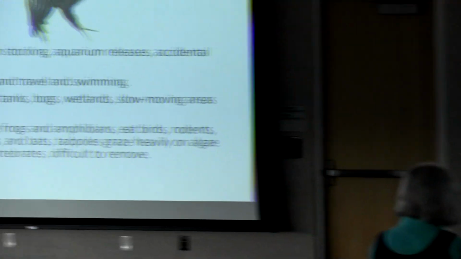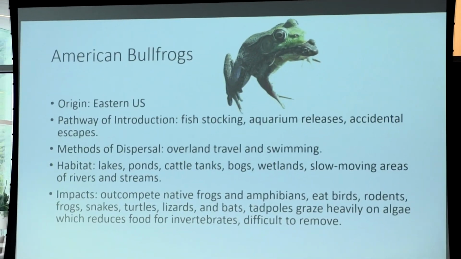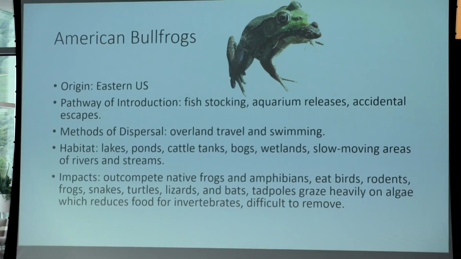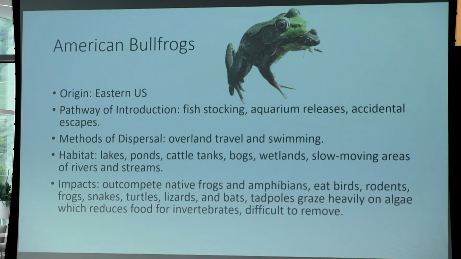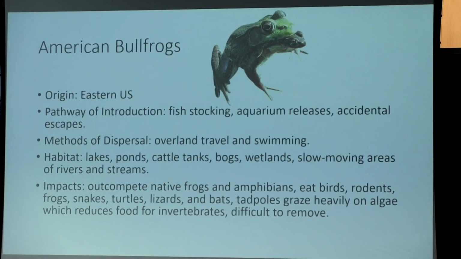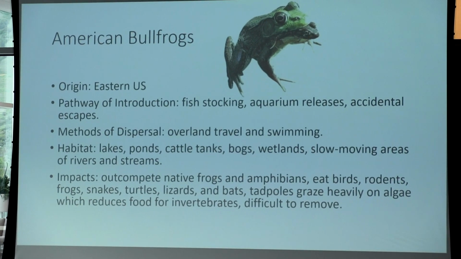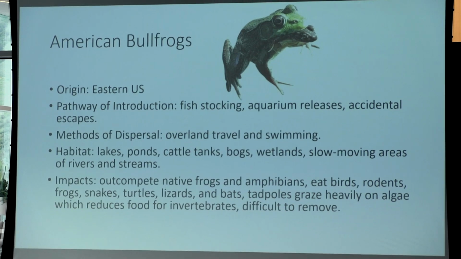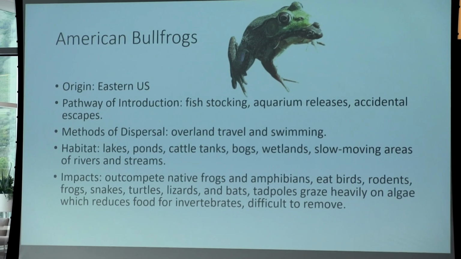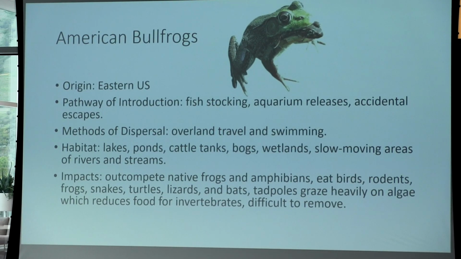American bullfrogs. As I said before, they are here. They will eat literally anything that can fit in their mouth. That means ducklings, bats, small birds, other frogs, native frogs, other bullfrogs. They just don't eat enough other bullfrogs for it to be a self-solving problem. That would be great, though. I worry that it would turn into this thing where it's like the biggest bullfrog wins, and then they start coming after us next, you know?